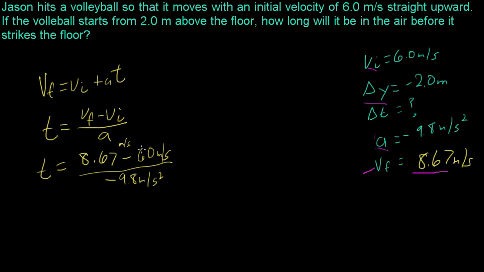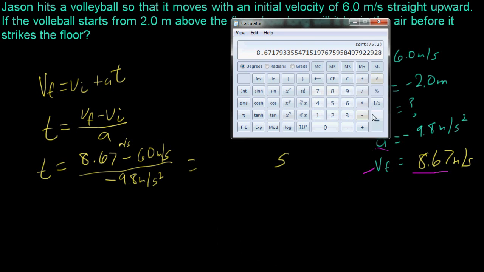And we have meters per second divided by meters per second squared. That is going to give us seconds, which is what we want. So let's see. 8.67, sure, 8.7, that's fine. Minus 6 divided by negative 9.8. Oh, I see a problem here. So we get